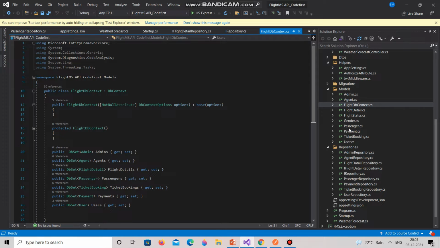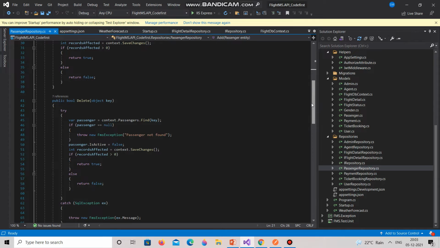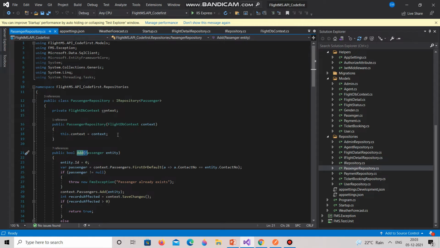And this is how we write the db context class. And we call this db context class from the repository. We are only calling the repository in the controller, but to get all the repositories and all the database from the context, we have to call the context also. That is why we call the context in the repository, and then we will be writing the LINQ queries respectively.